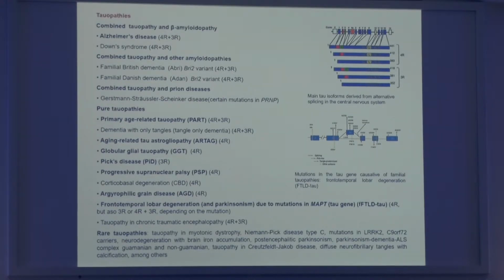primary age-related tauopathy, which is part of Alzheimer disease. That means patients or cases in which there are neurofibrillary tangles without beta amyloid. Aging-related tau astrogliopathy, which is a pure astroglial 4R tauopathy. The other one is 3R, 4R. Next one is globular glial tauopathy, a very characteristic tauopathy with involvement of neurons, astrocytes, and oligodendrocytes with very typical and specific inclusions. And then other tauopathies such as PSP, progressive supranuclear palsy, and Pick disease, the latter characterized by the deposition of 3R tau.